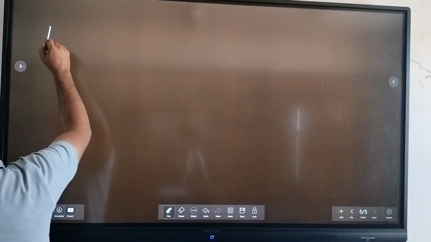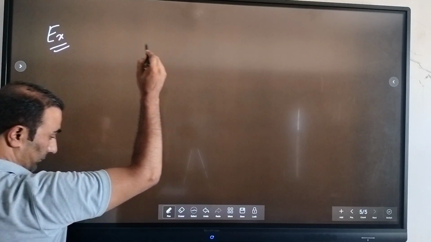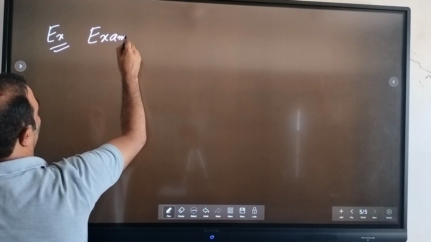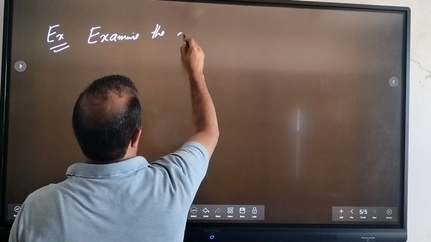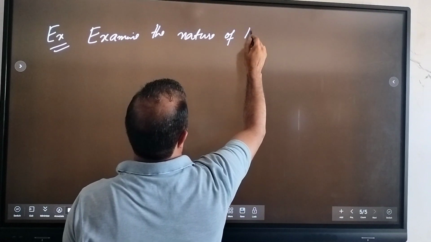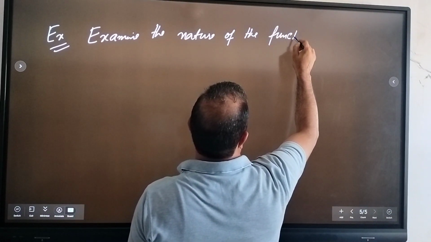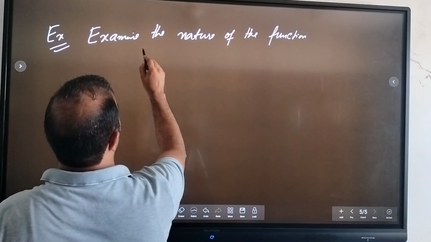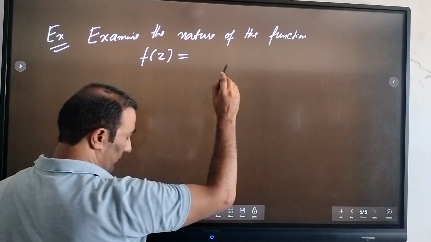One more problem is that we need to examine that. We need to examine the nature of the function, and the function is f of z, that's equal to,